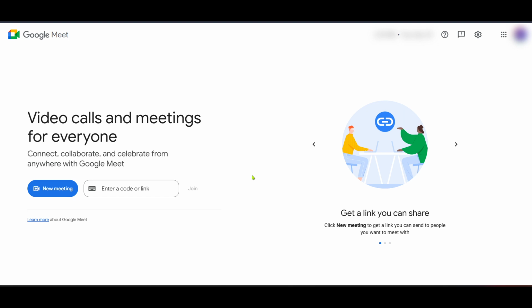head over to Google Meet. You can find Google Meet at meet.google.com. Once the site is loaded, you'll see an option to start an instant meeting. This feature allows you to begin a meeting right away without scheduling one beforehand, which is great for spontaneous discussions